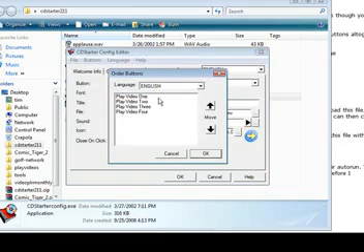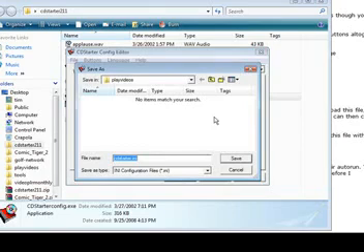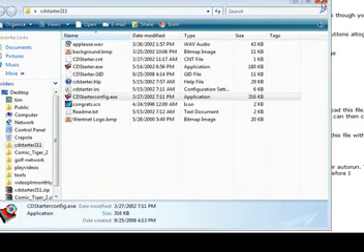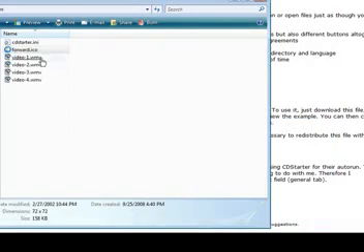Now we can click on order, and video 1, 2, 3, 4. If we wanted to switch these around, we could just pick them and move them up and down. So we're okay with that. Okay, now all that's left to do is click OK, and then where we're going to save it, which is in our main file. I'll close this up. We open up our play videos, and you'll see in here that we have cdstarter.ini,